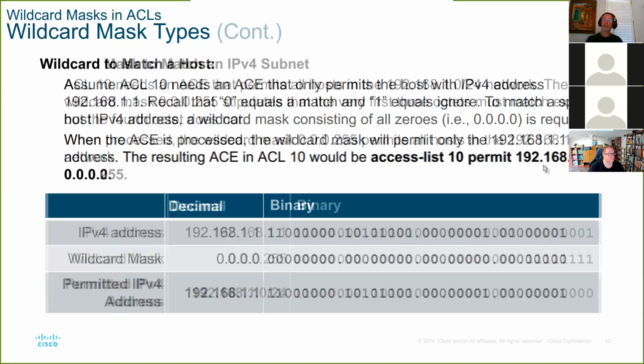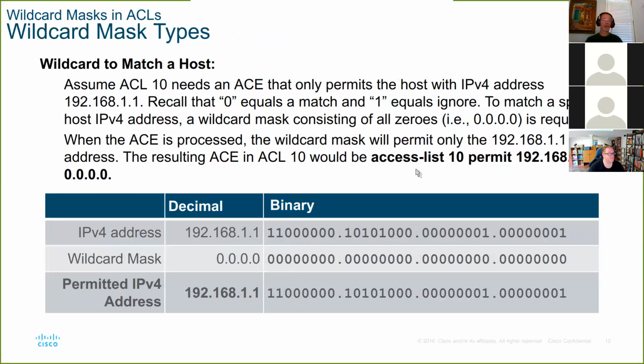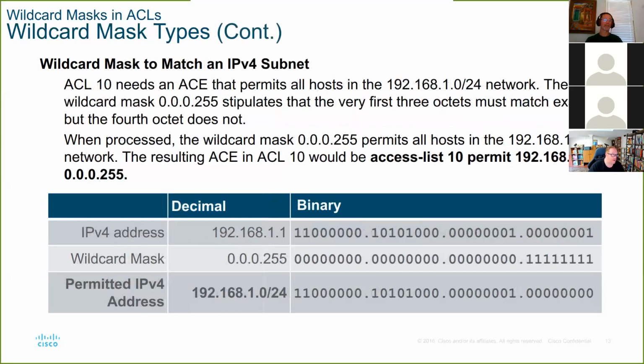If I wanted to, did they do that here? Yeah. So here's one way to add a host. Access list 10, permit 192.168.1.1. Just that address, because I've got nothing in the first, second, third, or fourth octet. So no additional addresses. Now I could just put access list 10, permit host 192.168.1.1 and leave off the mask. But that's the only keyword that we're going to use, either host before the host address, or you've got to supply the IP with mask values to define a range like this.